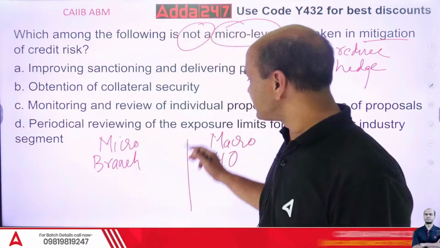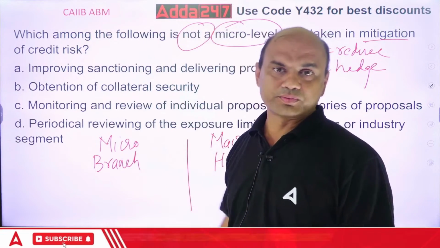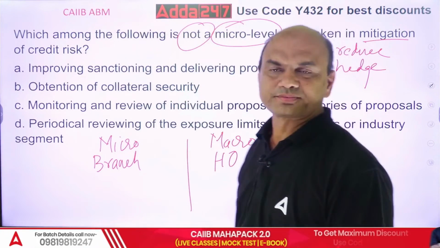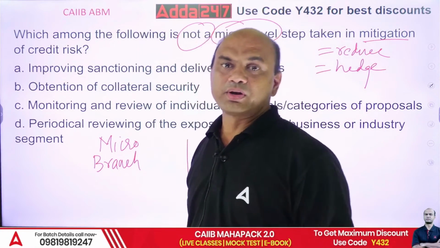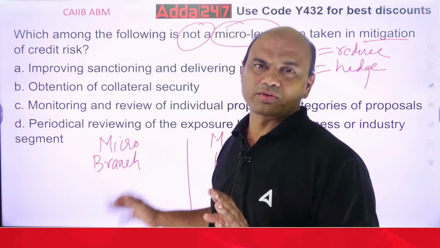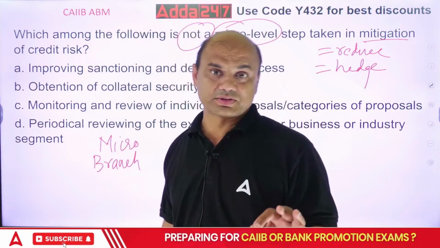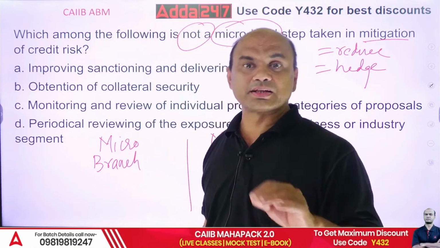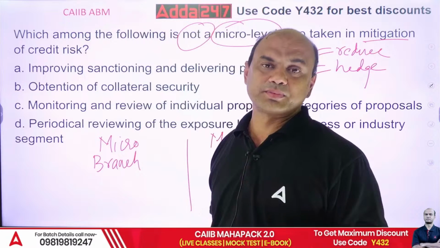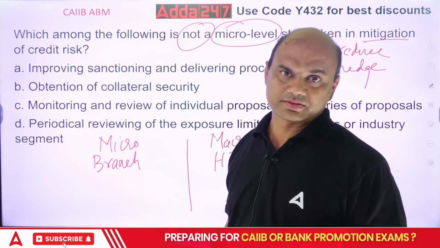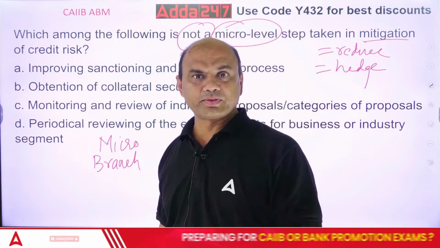So, at branch level, what do you do for reducing the risk? At branch level, number one, we'll take a collateral. We'll do proper analysis of the loans. We'll do the management analysis. We'll check the persons behind the company. Okay? And legal documentation. All these 3 parts we'll be doing.